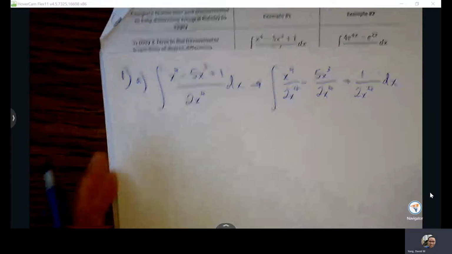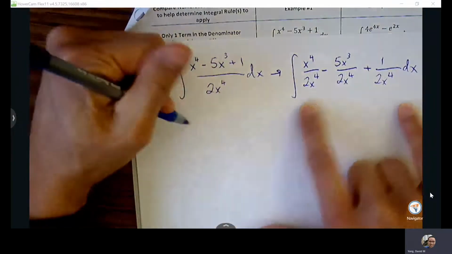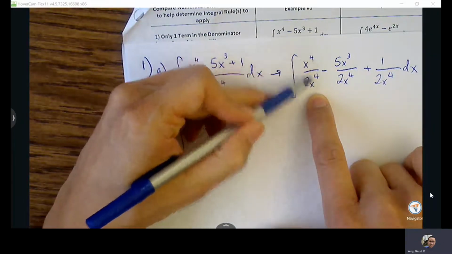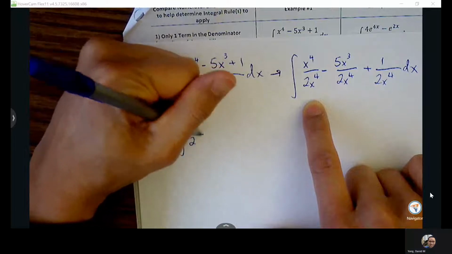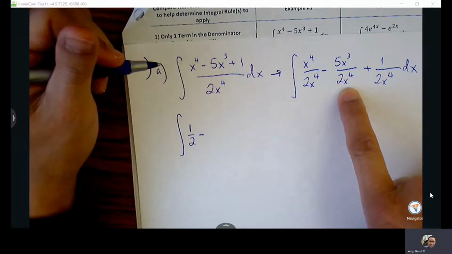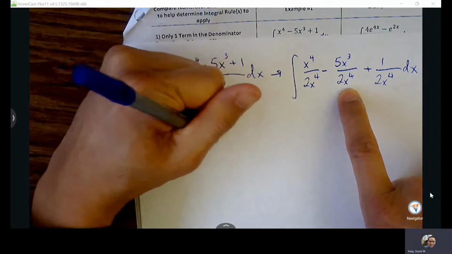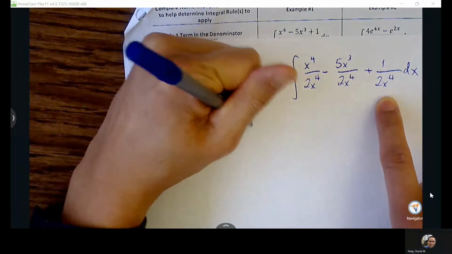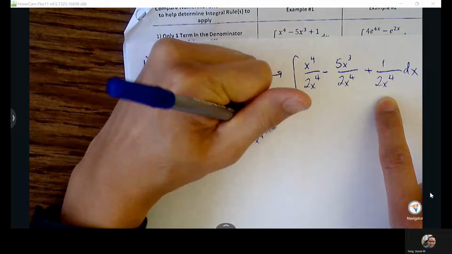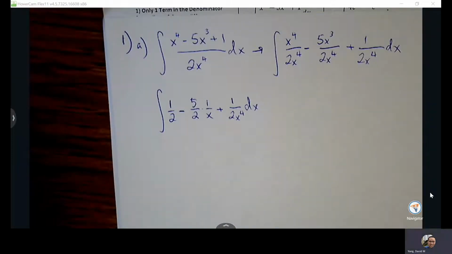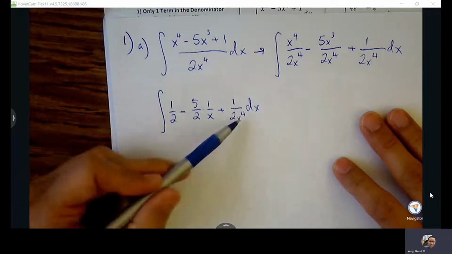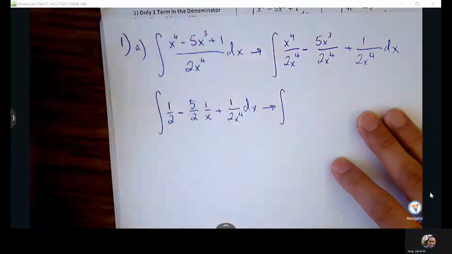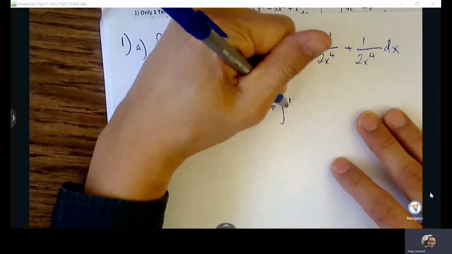Okay, and then within each fraction, now we're going to try to clean up and see what rules apply for each of these problems here. Here I can reduce x to the 4th, and x to the 4th can cancel out. I'm left with 1/2, 5 over 2x, plus 1 over 2x to the 4th. Okay, I'm going to get every term ready for whatever rule I want to apply. So this is just going to be 1/2